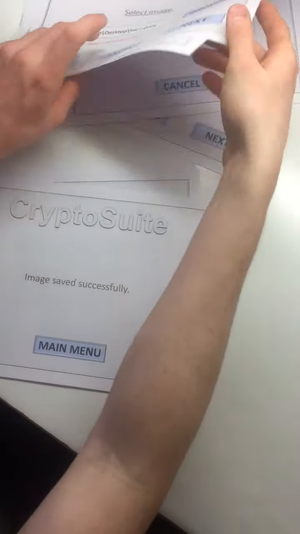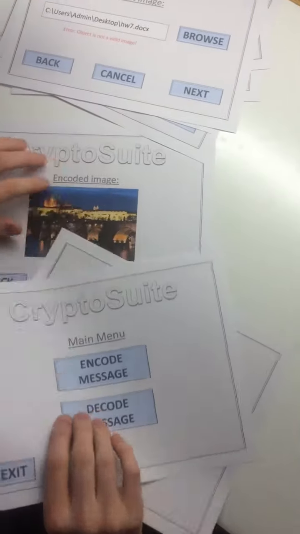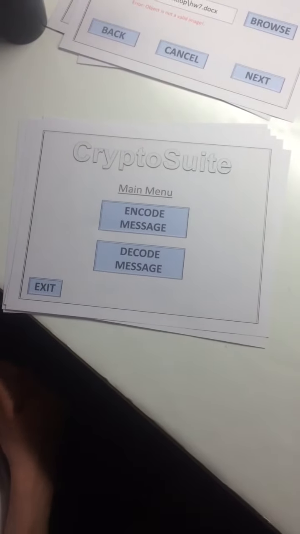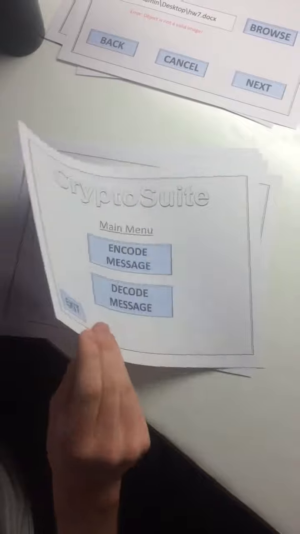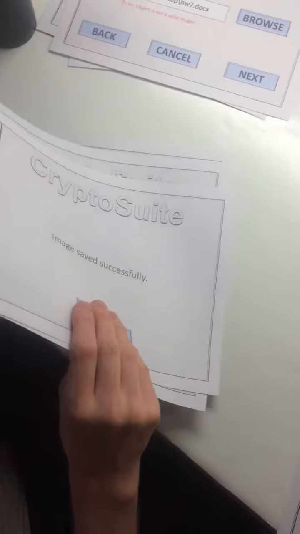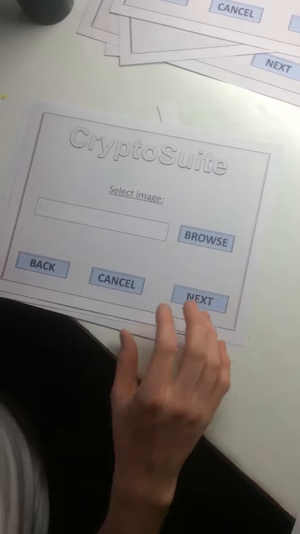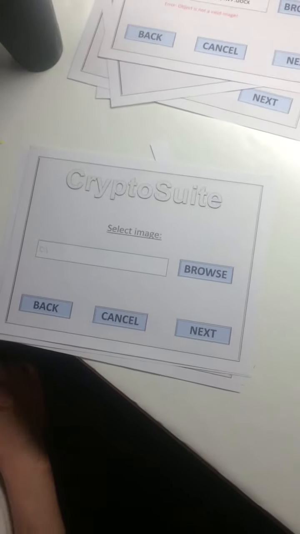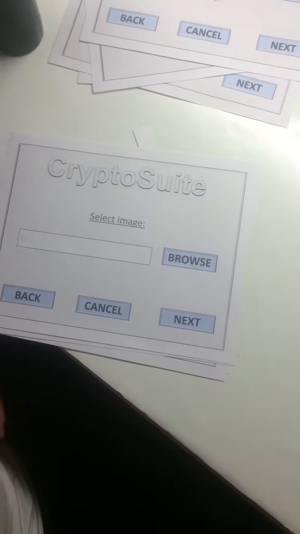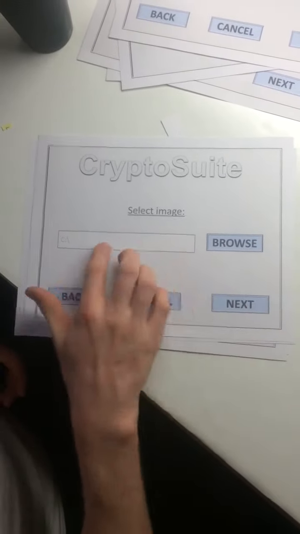So to run through the decoding, we'll go back to that main menu, and they'll see again the exact same main menu. They can either exit out, they can encode, decode, but this time we're going to say that they're going to decode. So they will click to decode the image, and they will get the option again to select an image. This time they'll select the image that has an encryption in it. So they will pick that image, browse, put the image in, hit next,